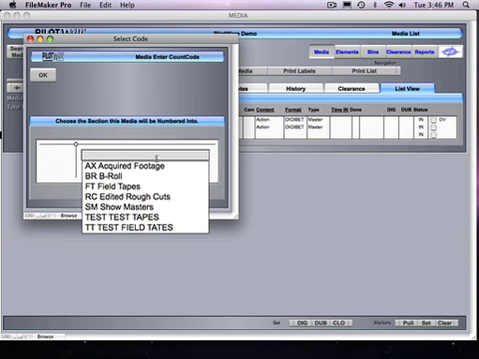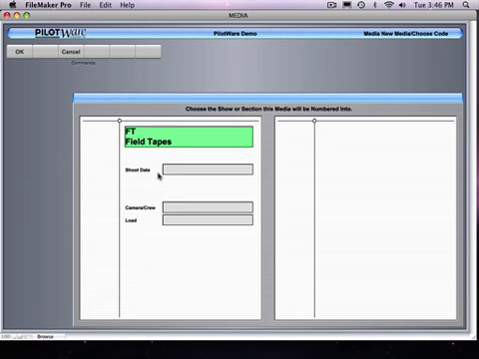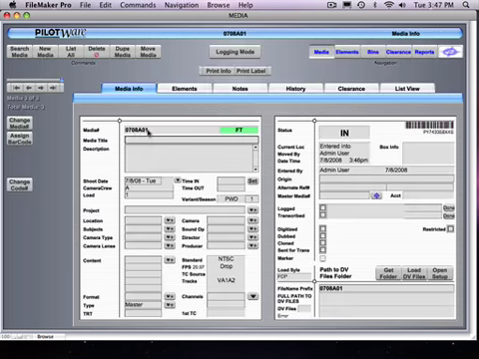Use the counter, and let's go field tape. What's going to happen here? Okay, this is totally different. It's asking me some questions. What's the shoot date? I'm going to do today's date. Incidentally, the way I typed that in so fast was going Apple minus on the keyboard. The camera crew is A, and it's load number 1. And then see what it does? It came up with all of that information there,